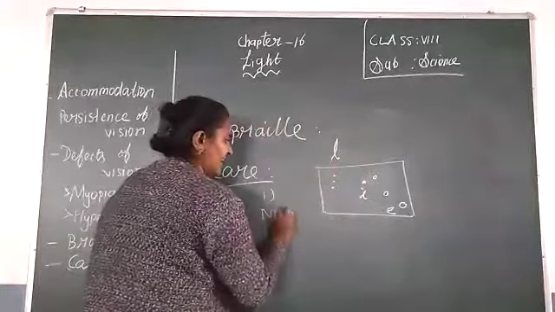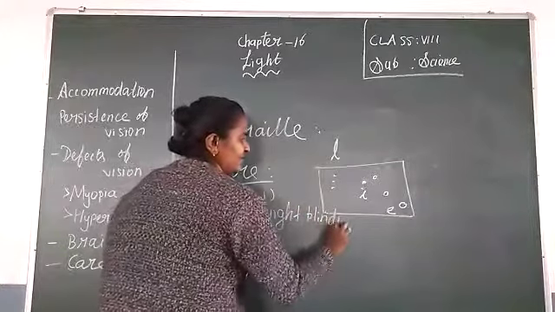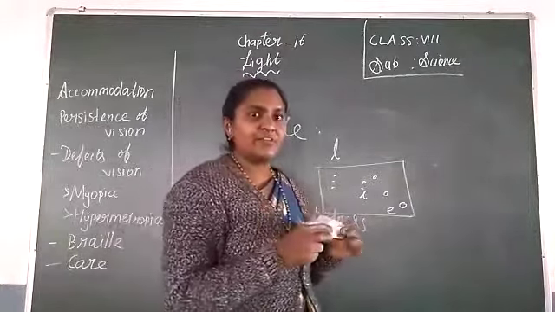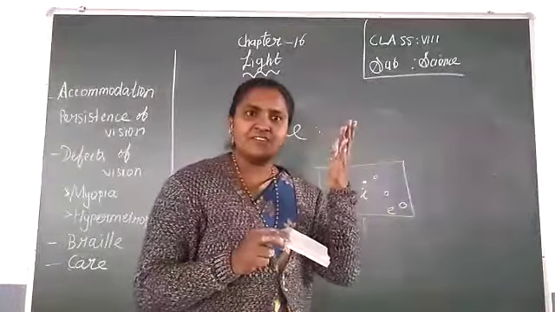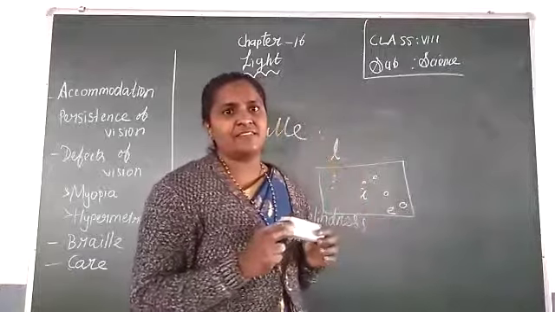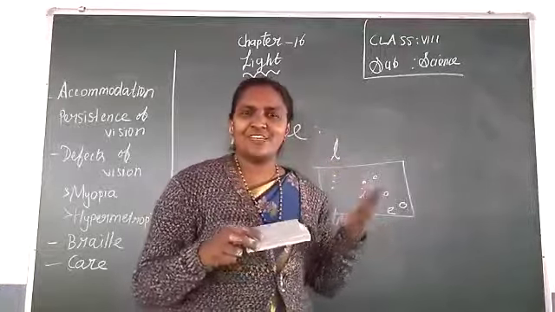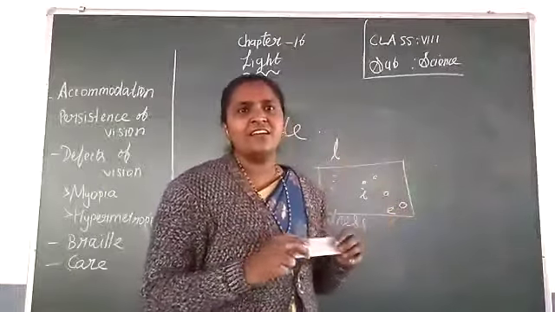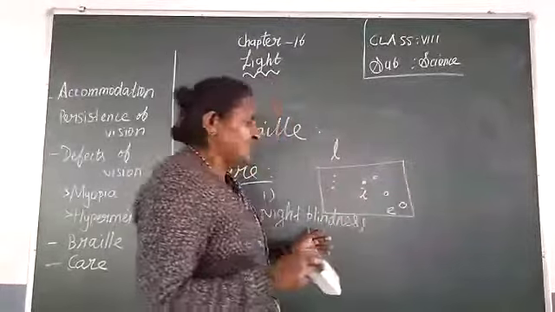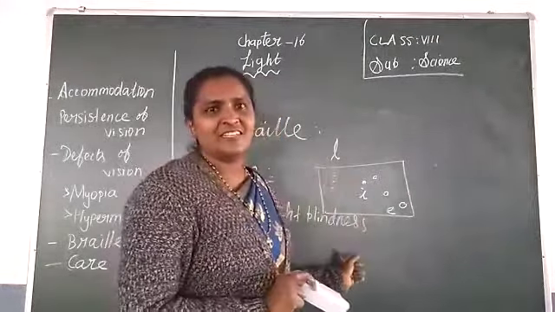What is night blindness? This person can only see in particular conditions because of lack of vitamin A in their body. At night time they cannot see. As soon as it is 6 o'clock, they have to remain at home. They cannot see the outside things. They cannot visualize the object. So, because of the deficiency of vitamin A, this disease is caused.